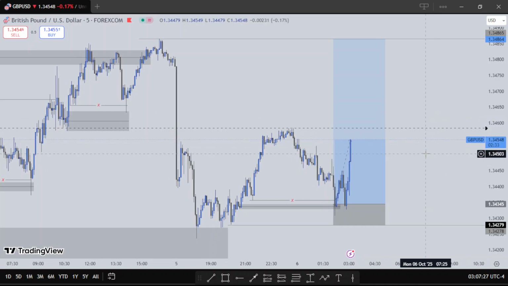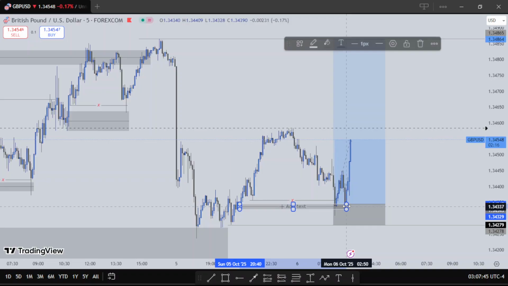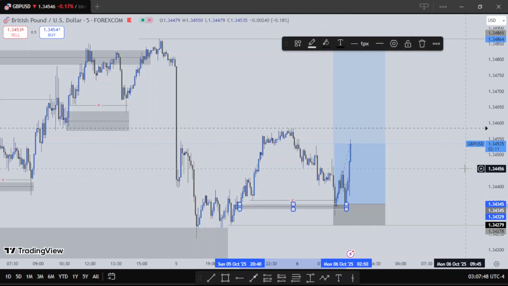Let's see if price is going to take profit. But actually I have good confidence in this trade. So let's see. That's my analysis on BTCUSD and